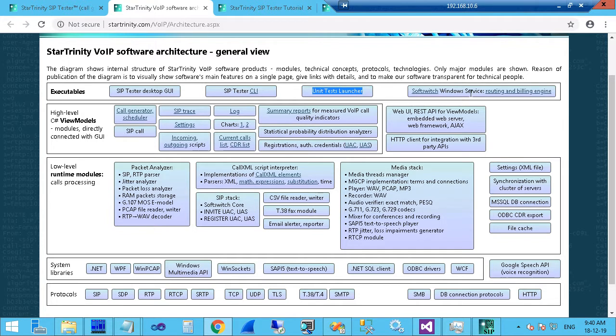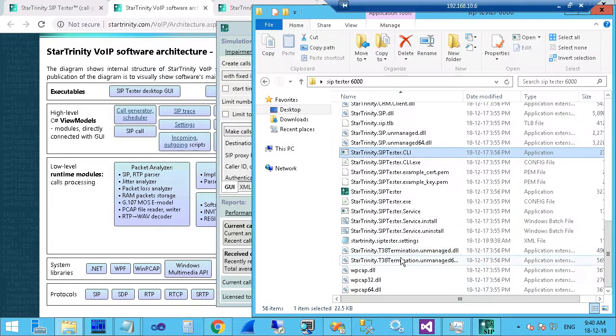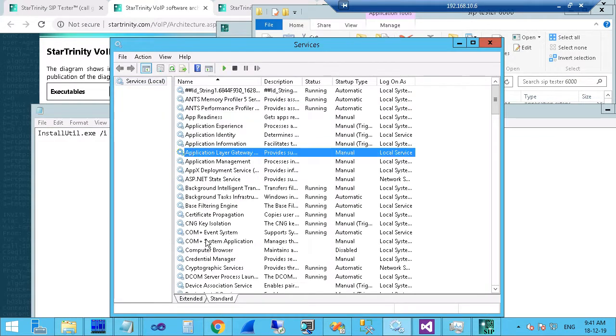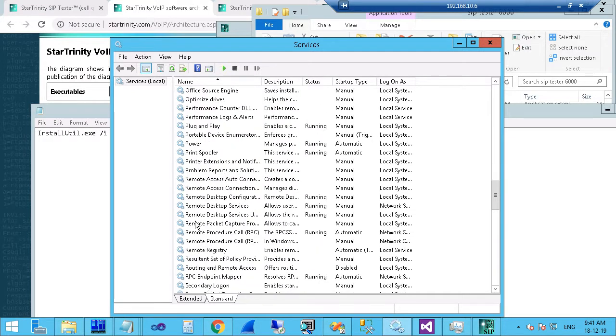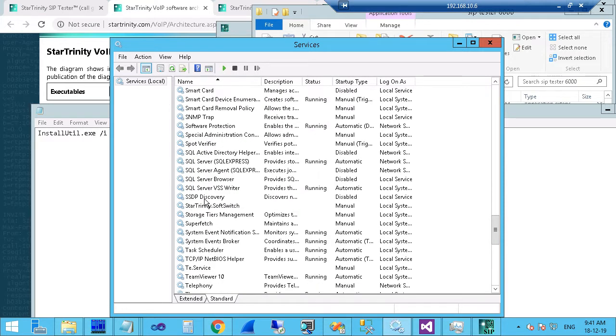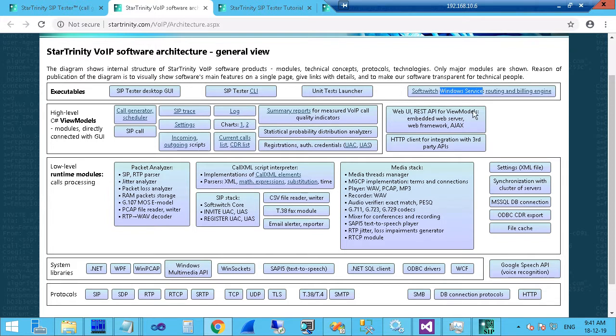and there is also Windows Service mode. Windows Service, when a customer doesn't need a user interface, he can install SIP tester as a service. Here's a bat file to install SIP tester as a service, and it will run in Windows Service. It is not installed here, so it will run in the background without user interface, like a switch. It will automatically start with Windows. Like this service, there will be a SIP tester service, and in Windows Service mode,